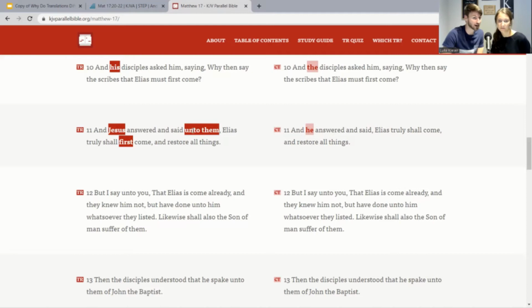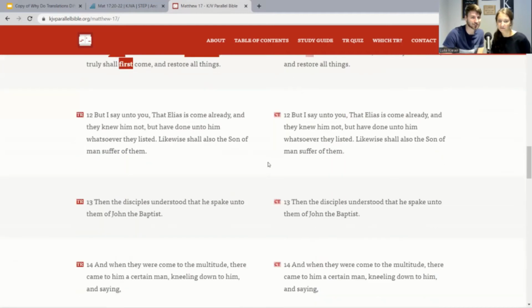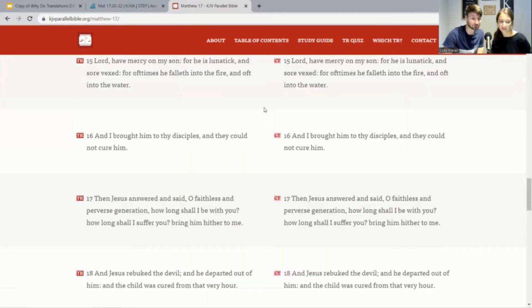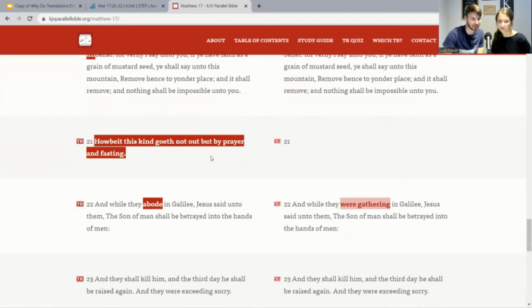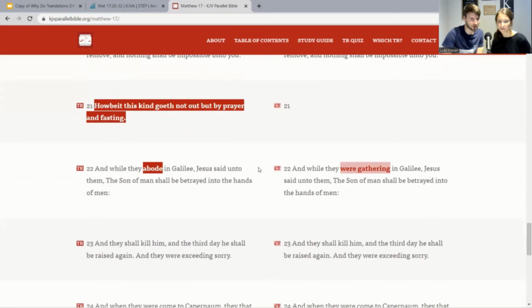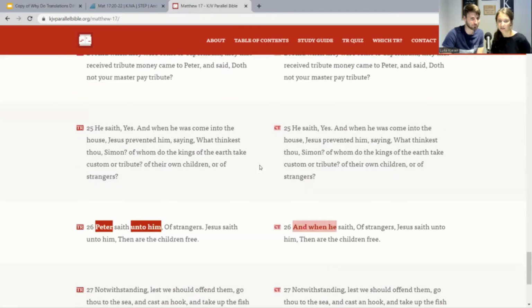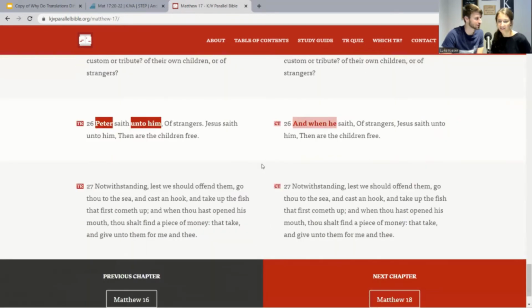And then "said unto them," but you already know they're talking to them, right? Sure. So you'll see mistakes like that. No mistakes, no differences for many verses there. And then we get to verse 21. Okay. But as you can see, there's really not much different. And you can go and click through.